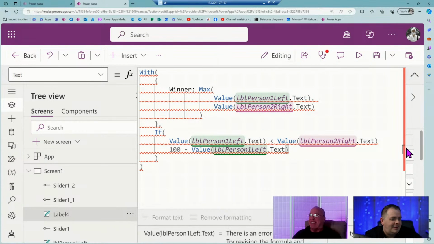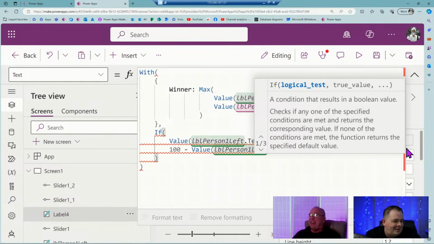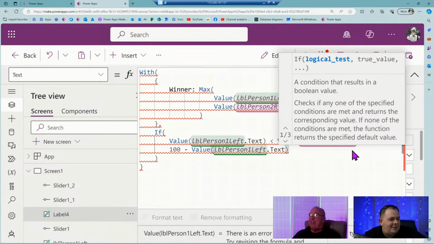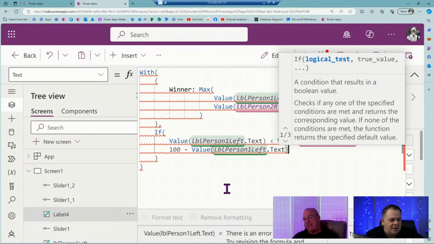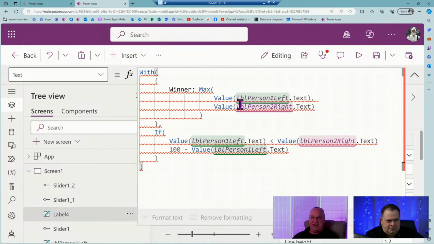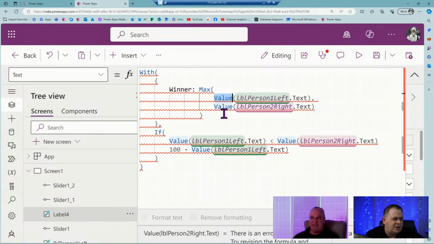It's very angry. What is the deal here? Cannot use min values in this context. What needs numbers? We're using numbers. Value should give us numbers.